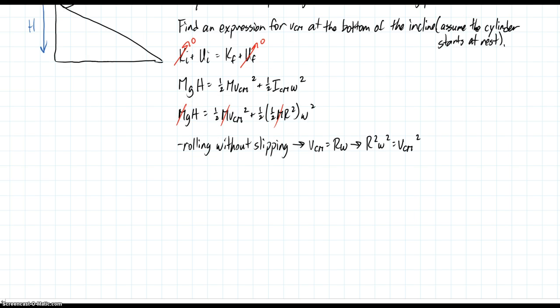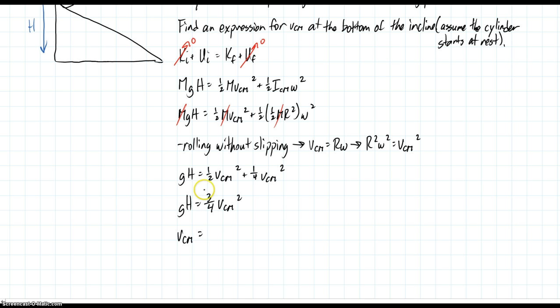Plugging that into the equation above, we then have gh equals 1/2 v squared plus 1/4 v squared, or gh equals 3/4 v squared,